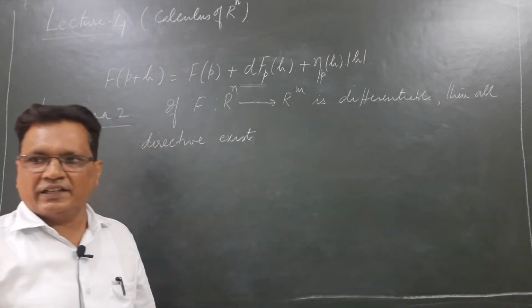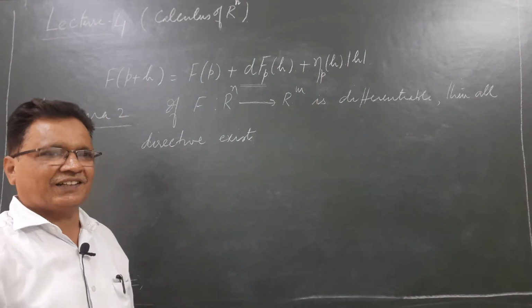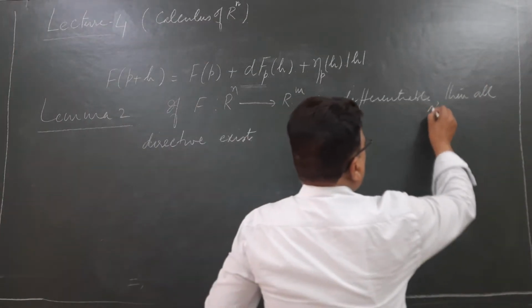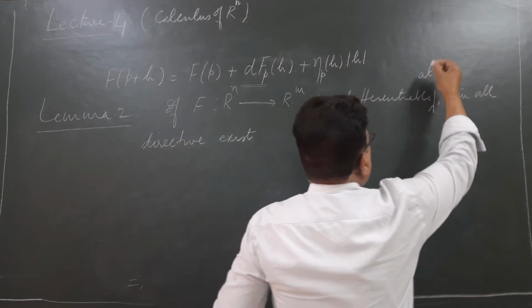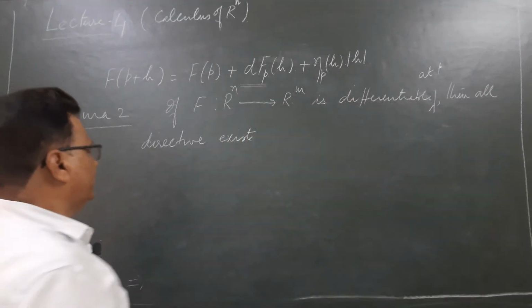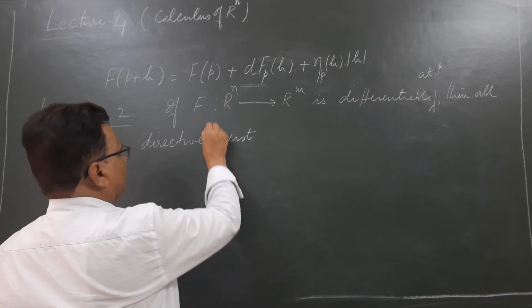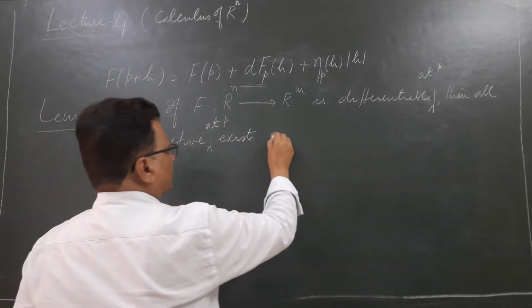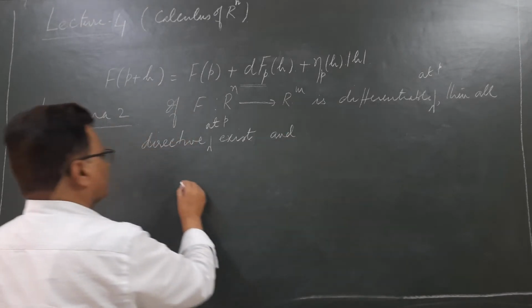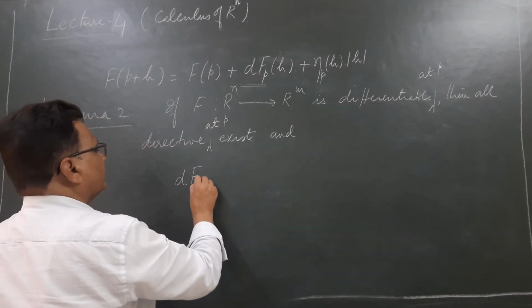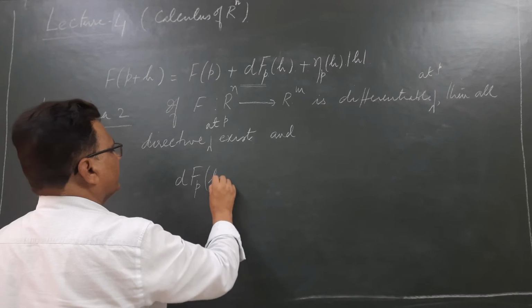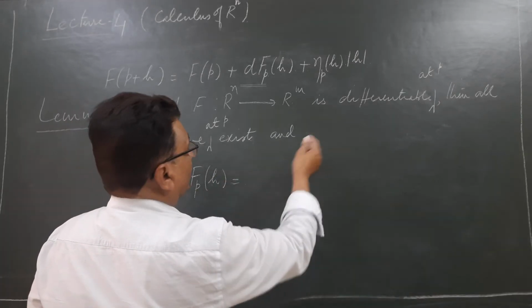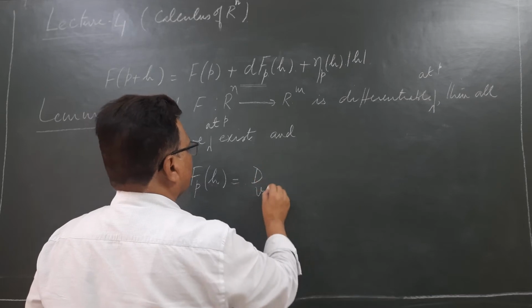That is, directional derivatives in all directions exist, and you can take it at a point, differentiable at p. At p, then all directional derivatives at p exist. And the relationship is that the differential of f will be the same as D_v,